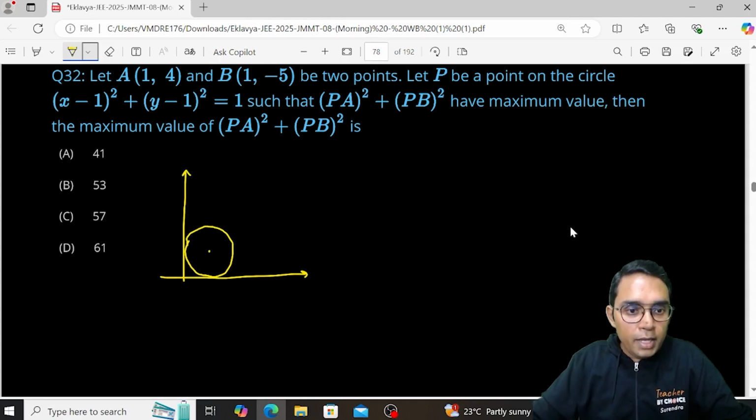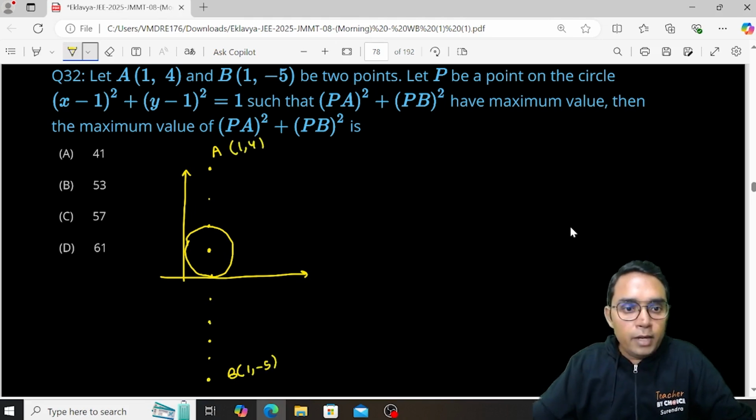Now this point A is having x coordinate 1 and y coordinate 4. This was (1, 1). This is (1, 2), (1, 3). This is (1, 4). So A point will be here. And B point is (1, -5). So (1, 0), (1, -1), -2, -3, -4 and -5 here. So this is B point. (1, -5) and A is (1, 4) here. Now we have to find PA square plus PB square to be maximum, where P is some point on the